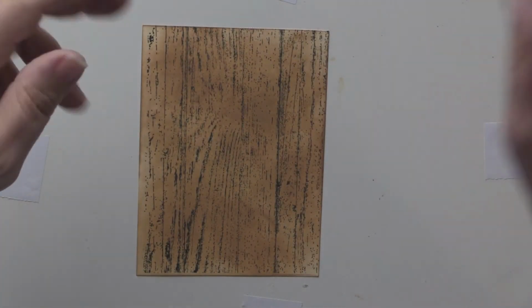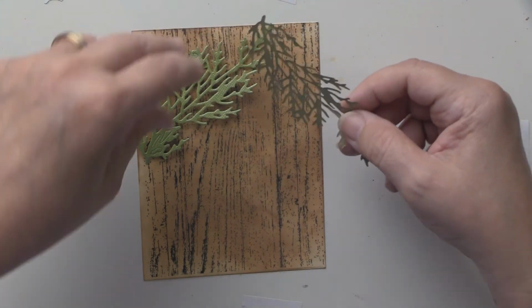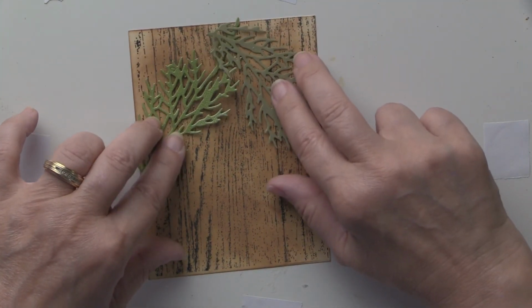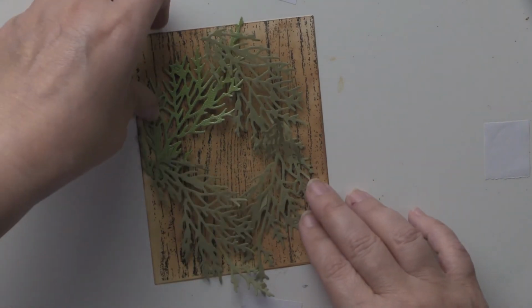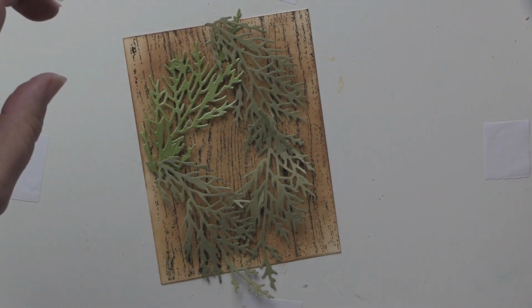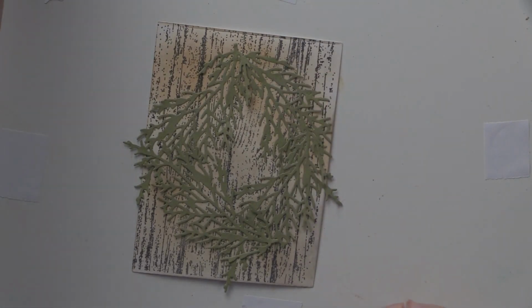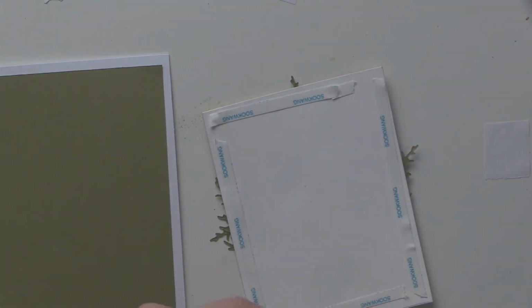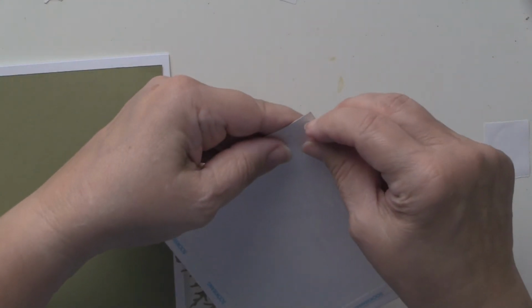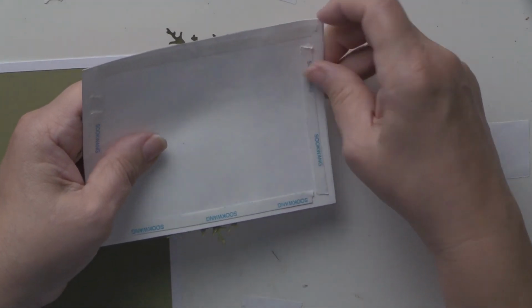And then what I did was I took these sea fans and I made them as best I could into a wreath. And I did that off camera because there was lots of glue. Didn't want to waste the time gluing things. And I'm going to go ahead and adhere this to,